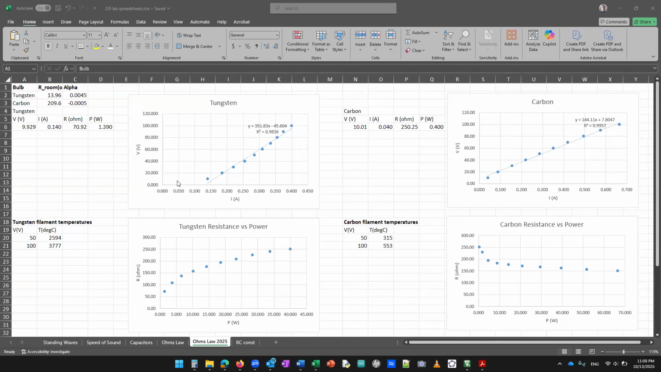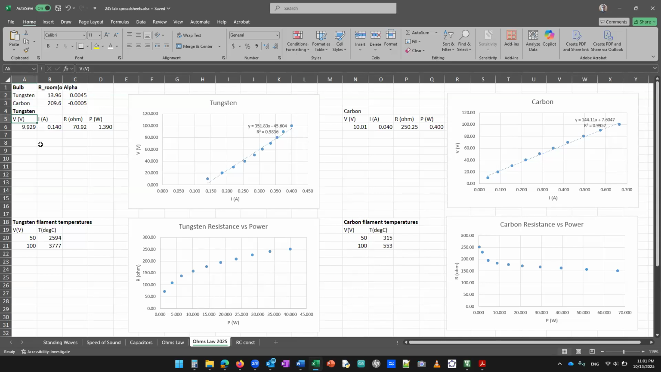So what we're looking at is the Ohm's law data analysis. Here, let's start from the top left. We have two different bulbs, and at room temperature, they each have their resistance measured, and these alpha values are from the lab manual. And then for tungsten,